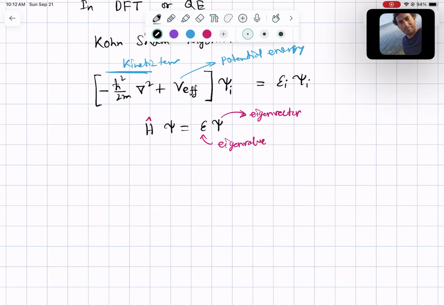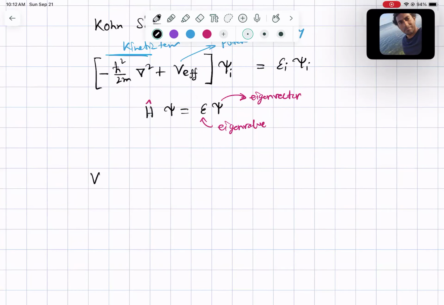So that's why it's called effective potential. And so one approximation is this: the effective potential is the external potential or pseudo potential